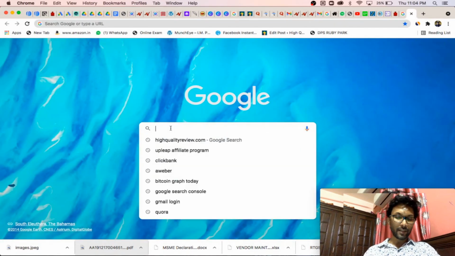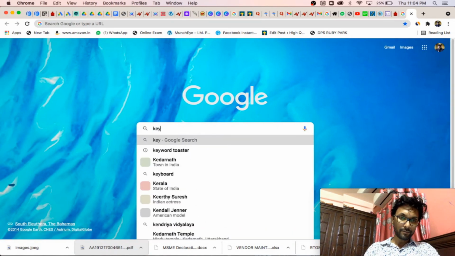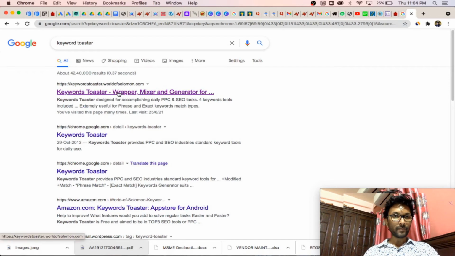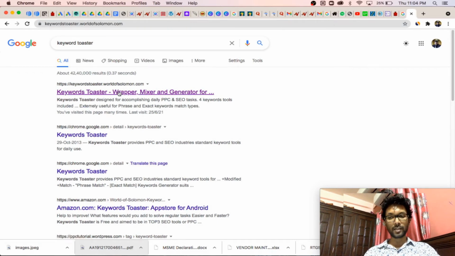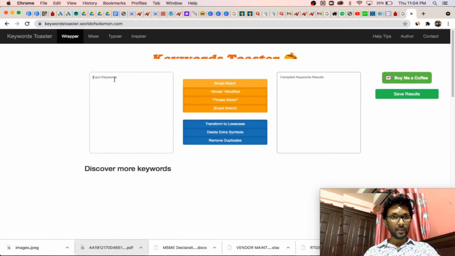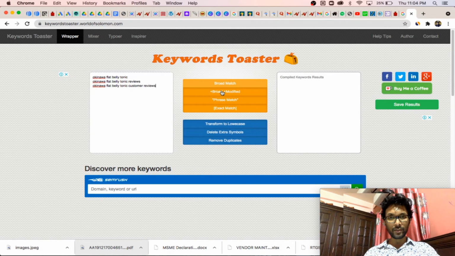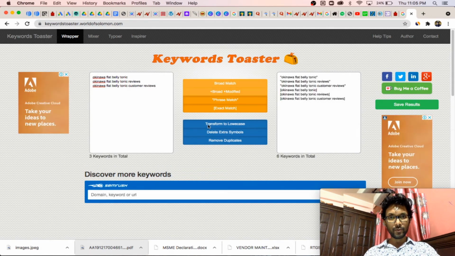Come to the website Keyword Toaster. This website is useful. Remember the name Keyword Toaster. You come here and paste the three keywords. Broad match is no longer used. Google is not using broad match right now; it is obsolete. So we will use phrase match and exact match now.